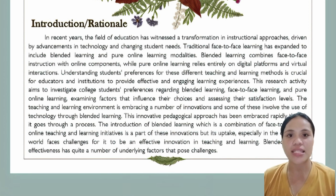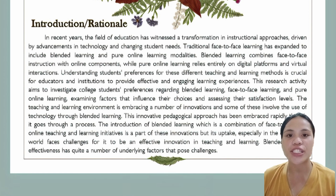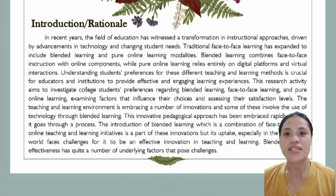instructional strategies. Blended learning offers a combination of traditional classroom instruction and online components, leveraging the benefits of both modalities. It provides flexibility in terms of time and location, allowing students to access learning materials and engage in activities at their convenience. On the other hand, face-to-face learning provides direct interaction without geographic limits. Exploring students' preferences for these various teaching and learning methods contributes to a comprehensive understanding of their experiences and perspectives. It sheds light on the factors influencing their preferences, such as learning flexibility, interactivity, access to resources, and the impact